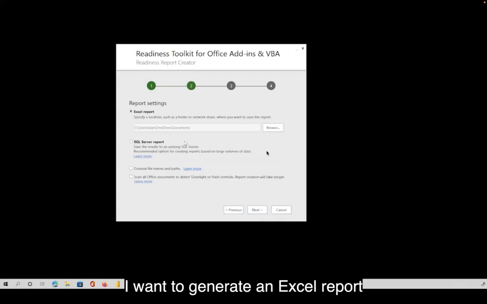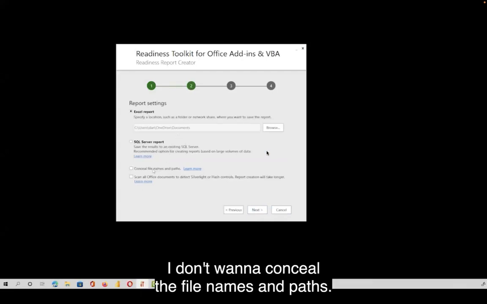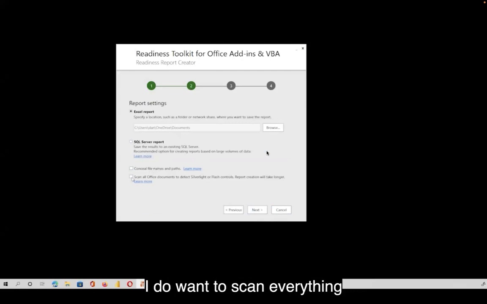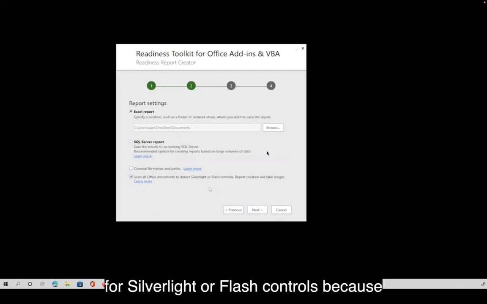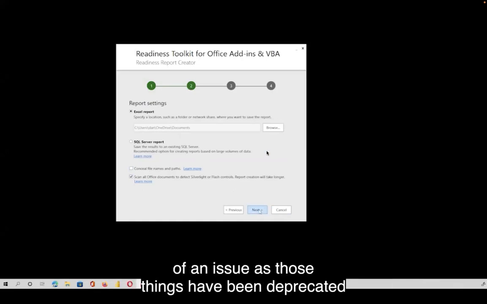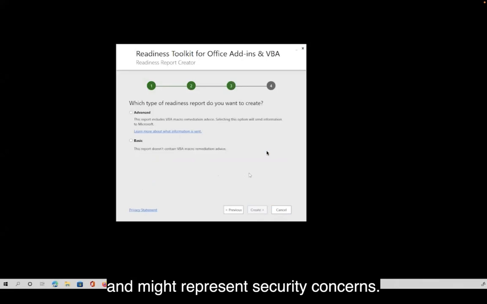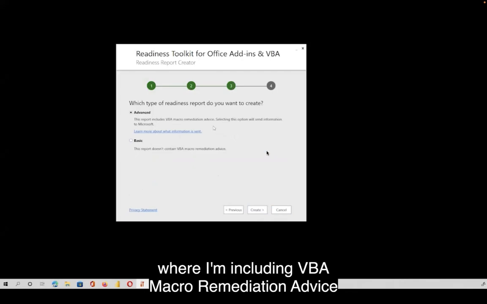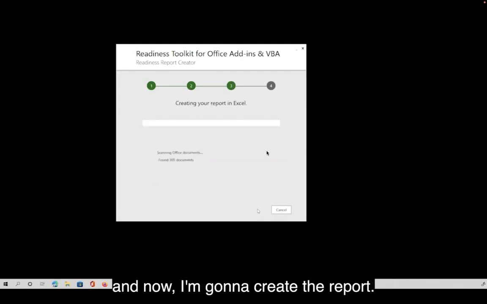I want to generate an Excel report as opposed to a SQL Server report. I don't want to conceal the file names and paths. I do want to scan everything for Silverlight or Flash controls because, of course, that's becoming more and more of an issue as those things have been deprecated and might represent security concerns. I want to do an advanced report where I'm including VBA macro remediation advice, and now I'm going to create